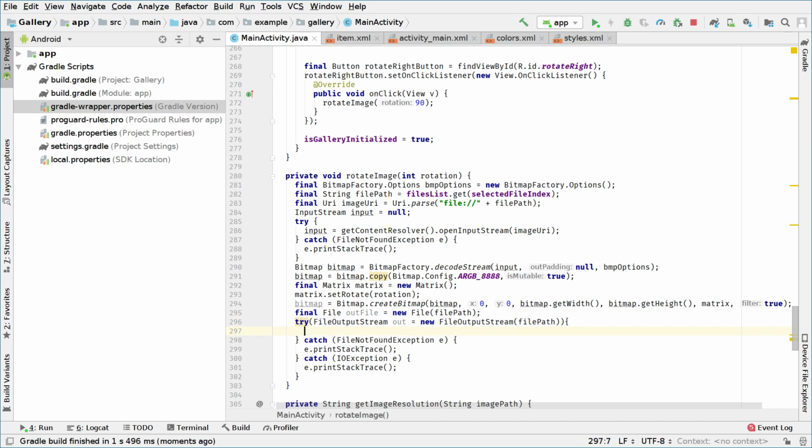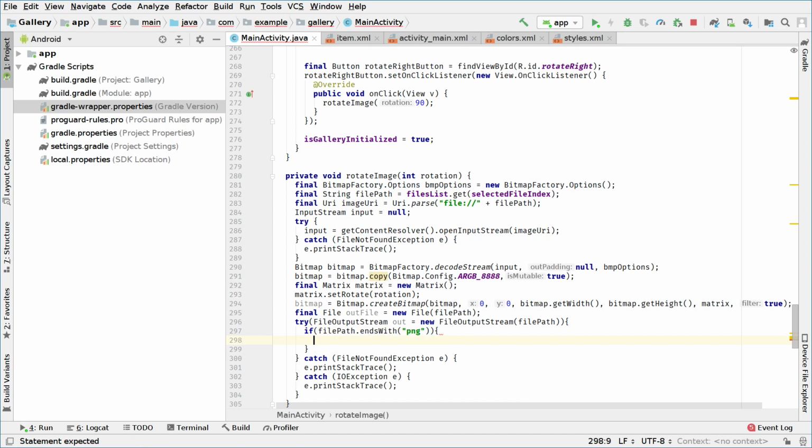Okay, right now we will say bitmap. So here we have two options really. We have PNG files and JPEG files. So we will check which is which. So if filePath ends with